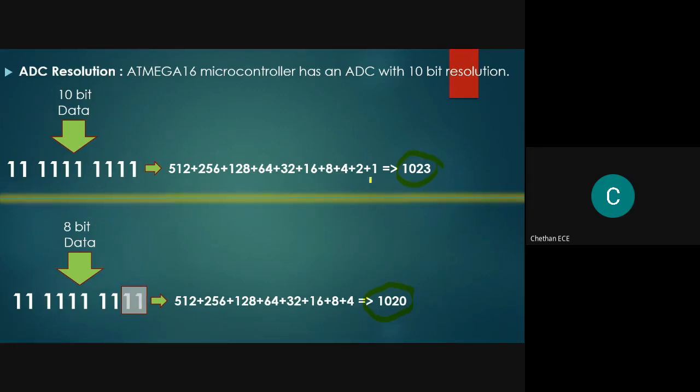But after conversion, we can observe that the result of the first one is not drastically different from the second one. Only a few bits are masked, and the result is not drastically changing.